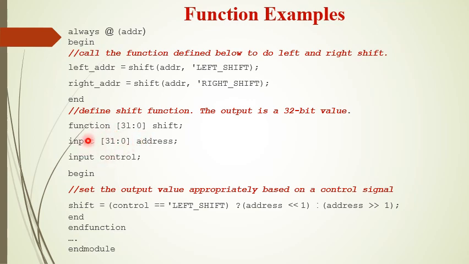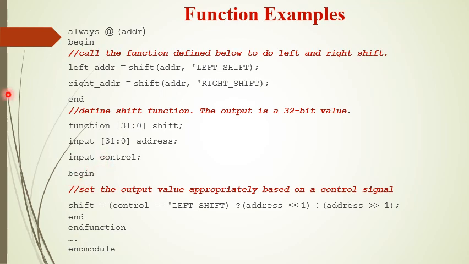Following this, we have to declare the arguments that we are passing. The first argument is address. Here it is ADDR in the main module, and inside the function I name it address. So this is going to map to this, and hence I represent it as a 32-bit register. The second argument is left shift or right shift, depending on which one we pass each time. That is nothing but a single bit constant. So I declare a signal control for this holding the second argument.